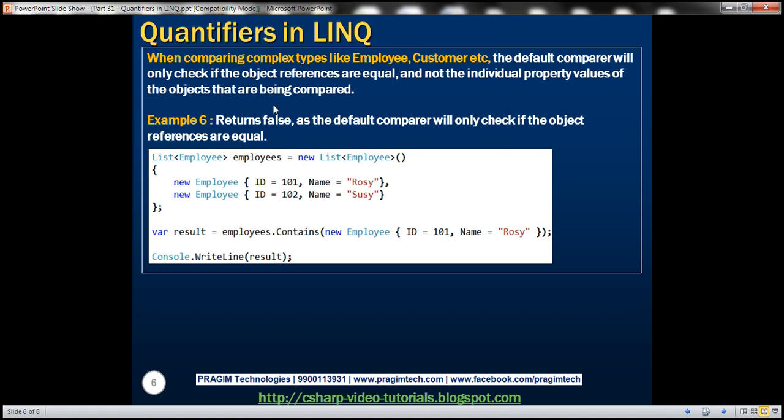Now when it comes to complex types like employee, customer, etc., the default equality comparer will only check if the object references are equal, not the individual property values of the objects that are being compared. Now if you look at the example here, contains method in this case is going to return false. So notice that here we have a list of employees. At the moment we have got 2 employees within that list, and this contains method is checking, okay, this employees list, does it contain an employee with ID 101 and name Rosie? Yes, we do have such an employee within this list, but contains method in this case is going to return